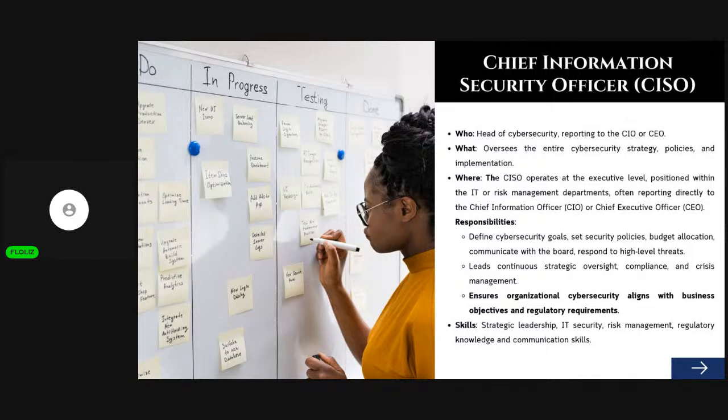Now, when you want to take up the role of a CISO, there are some skills you should have. One is strategic leadership. Two is IT security. Also on that list, you have risk management, regulatory framework knowledge, and good communication skill. So the CISO is top on the list. Next, we have